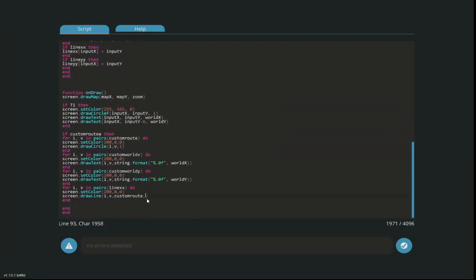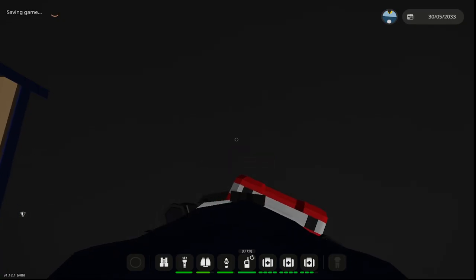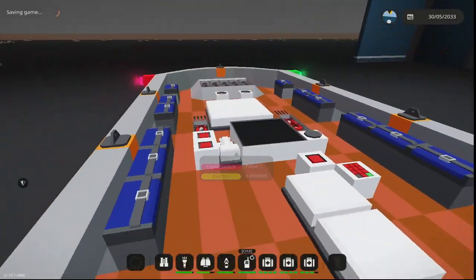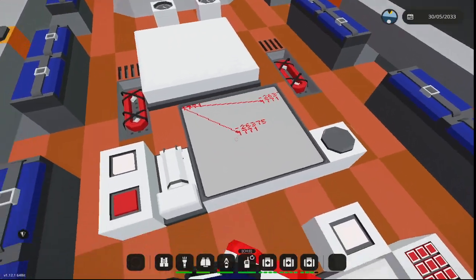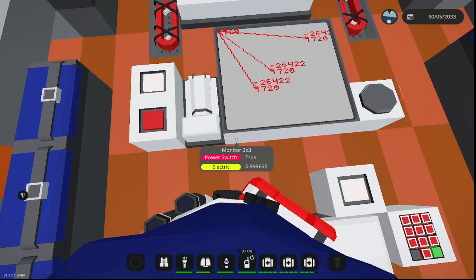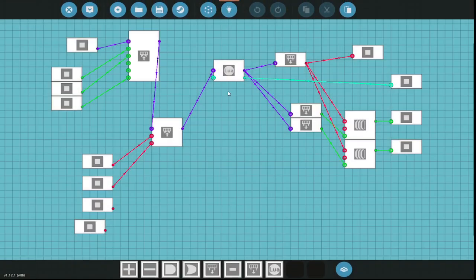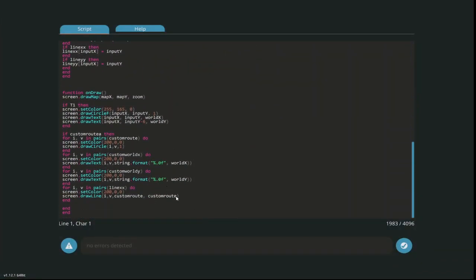I have to put that in twice. I think so. Late night testing, late night testing. No, it's still coming from that point. We don't want it to come from that point. We want it to come from the next point. So instead of custom route, maybe I should go to